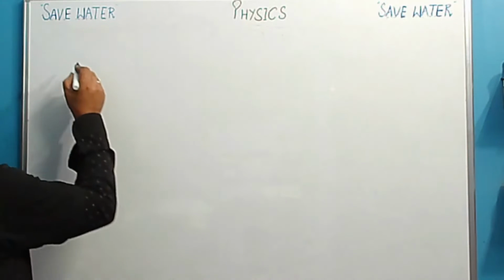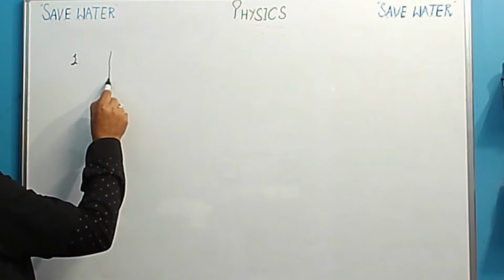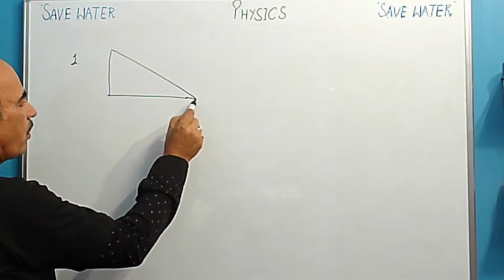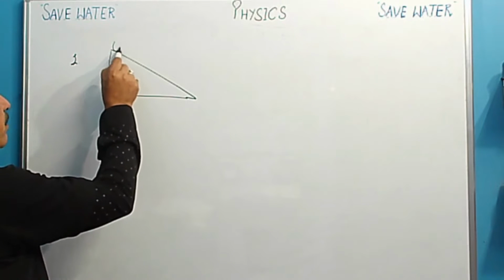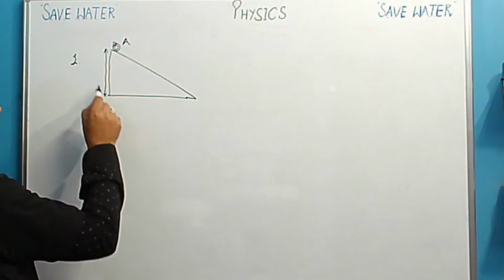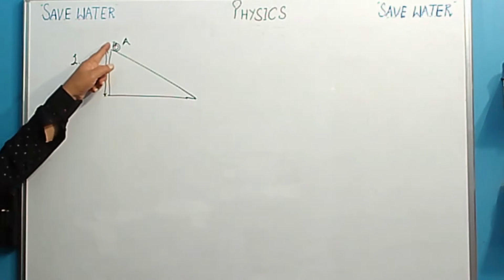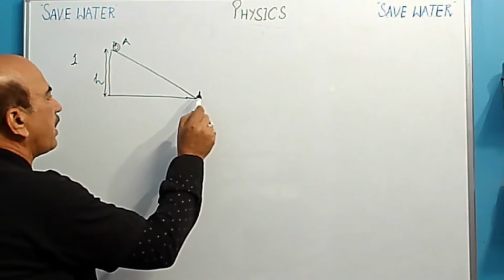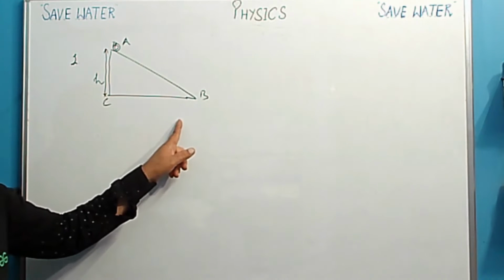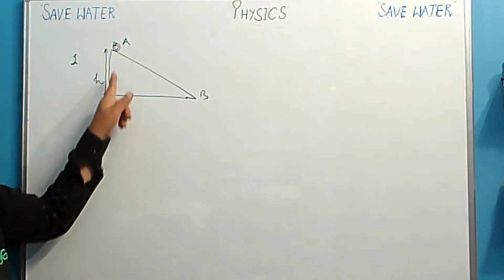So one example we discussed last time: there was a ball. A ball is kept here. This is the ball at point A and this is the height h here. When we leave the ball here, it comes to point B. यहाँ पर ये आ जाती है अपने आप, है ना? It comes to point B. What is the reason here? The reason is the difference in height.